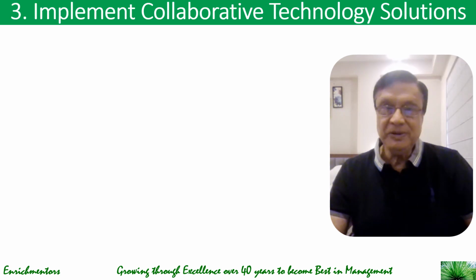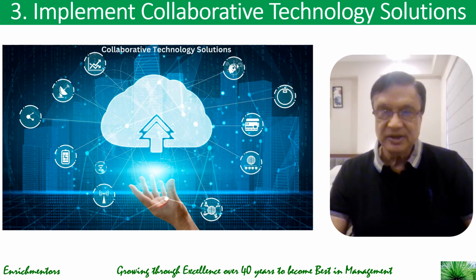Third thing would be to implement collaborative technologies. Choose integrative RCM software that allows all departments to access, update, and view data relevant to their roles. These integrated systems help eliminate data silos, so that is one type of silo, and ensure information flows across departments. Implement shared dashboards that display real-time KPIs. Make these dashboards accessible to all departments involved in the revenue cycle so that everyone is aligned on the performance